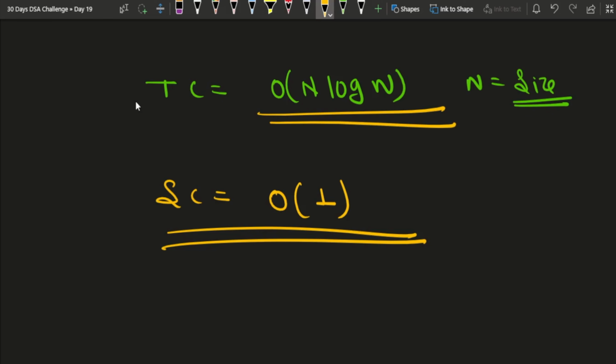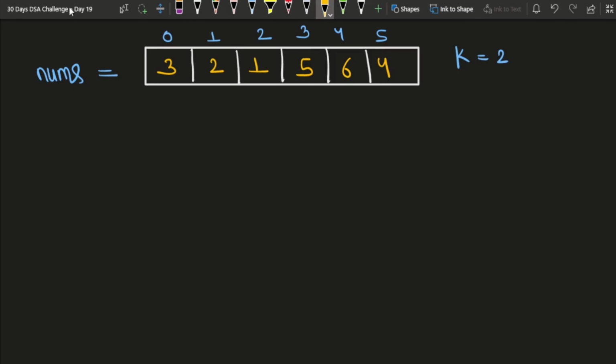But in the question, it was clearly mentioned: can we solve this problem without sorting? So now let's think of how we can solve this particular problem without using any sorting algorithm, correct? So the name of this question is kth largest element. Whenever you see these types of keywords in the question, that is kth largest element or kth smallest element, you can start thinking of